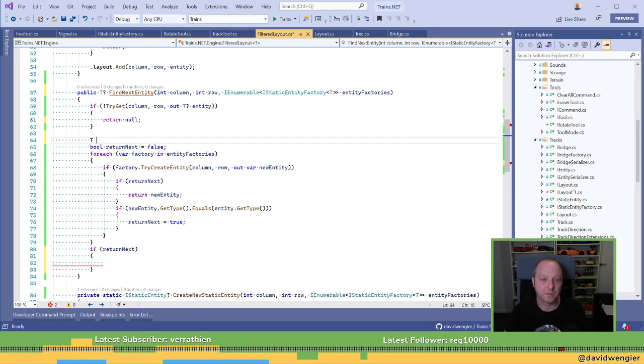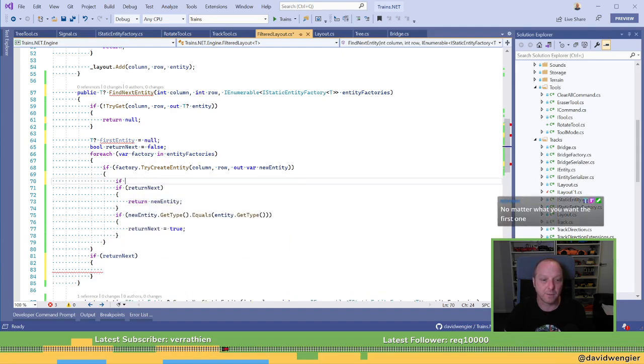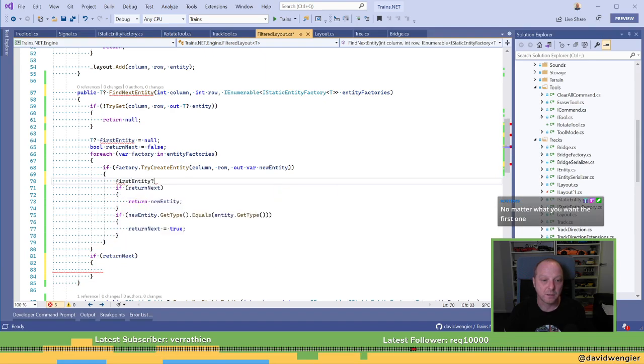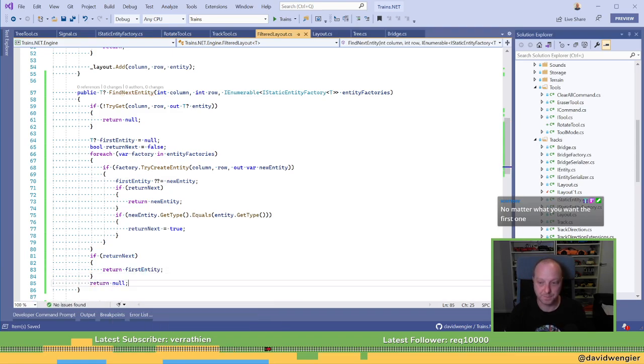Yeah, let's grab the first one. What are we doing here? We go first entity question mark equals new entity, and we return first entity, and we return. No, I think that makes sense. No matter what, you want the first one.